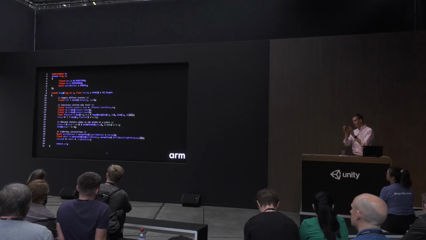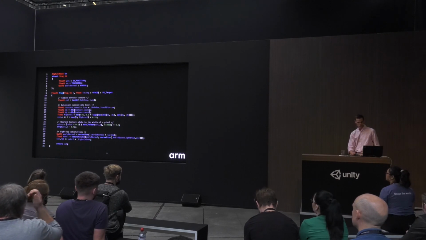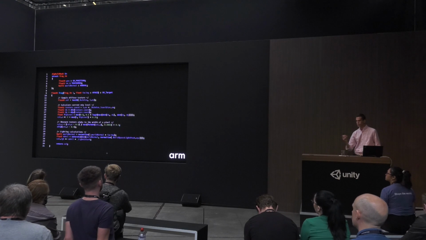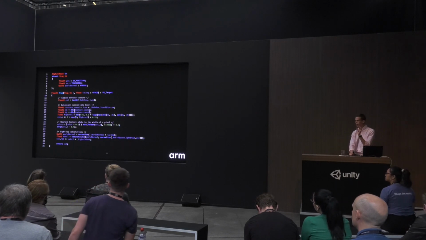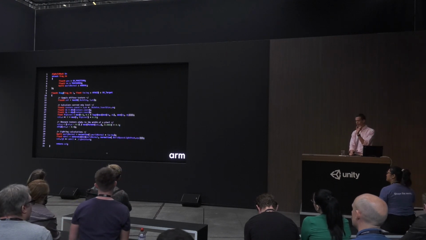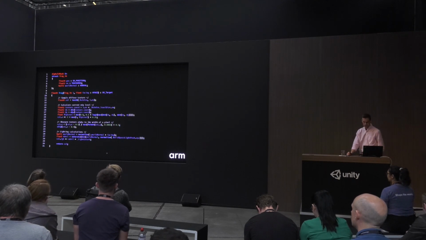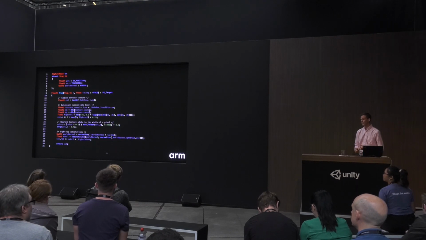Then you need to sharpen your texture to the width of a pixel so that you don't have lots of overlapping pixels on top of each other, which then cause banding, right? If you just provide a simple fwidth, I'm sure lots of you have heard of that function, and then you sharpen it appropriately so that all of your alpha texture pixels match the size of a pixel, you can use that in your clipping and then carry on with your lighting calculations as normal. This is some simple N.L here at the bottom, and then you return your color. This is going to give you a pretty quick implementation, looks good, much better than alpha test, much better than